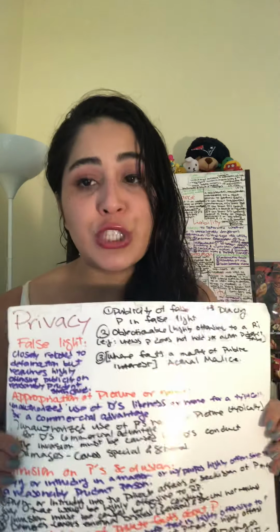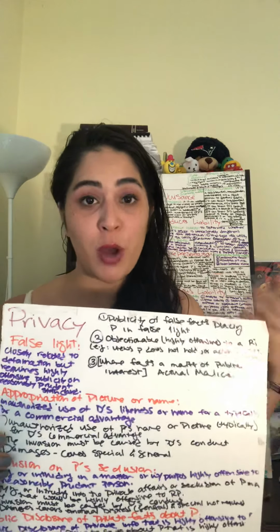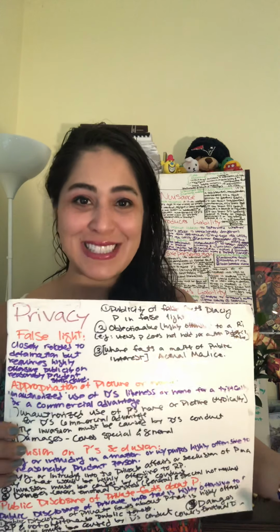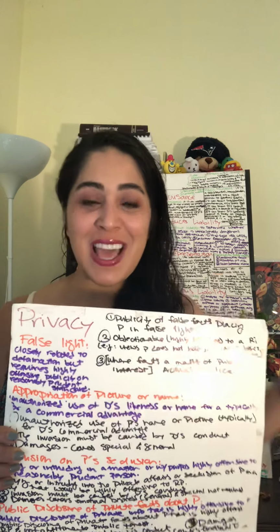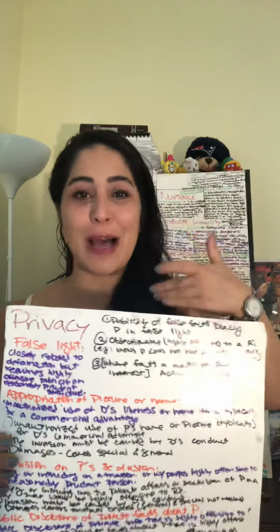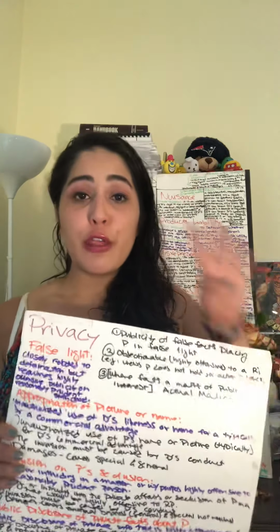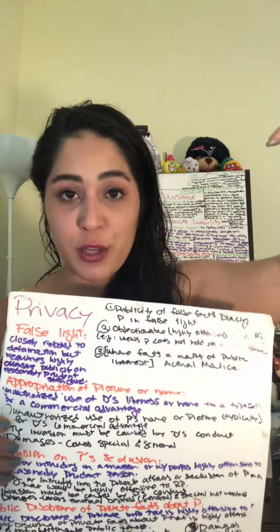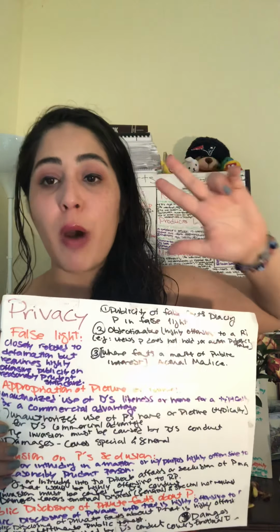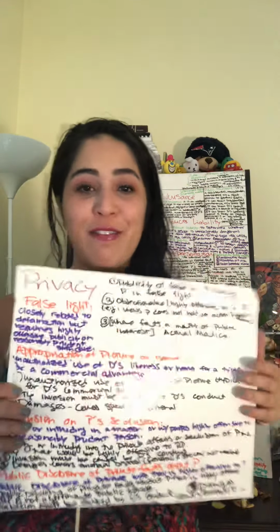At the very end of my video when I'm concluding, I'm going to give you an acronym, ISLAP. This is something I found on Themis, and I really like it. I'm going to write that on the board so that I can use the ISLAP to remind myself of the privacy invasion torts. The 4 are intrusion upon seclusion, appropriation of name and likeness, public disclosure of private facts, and placing a person in false light.